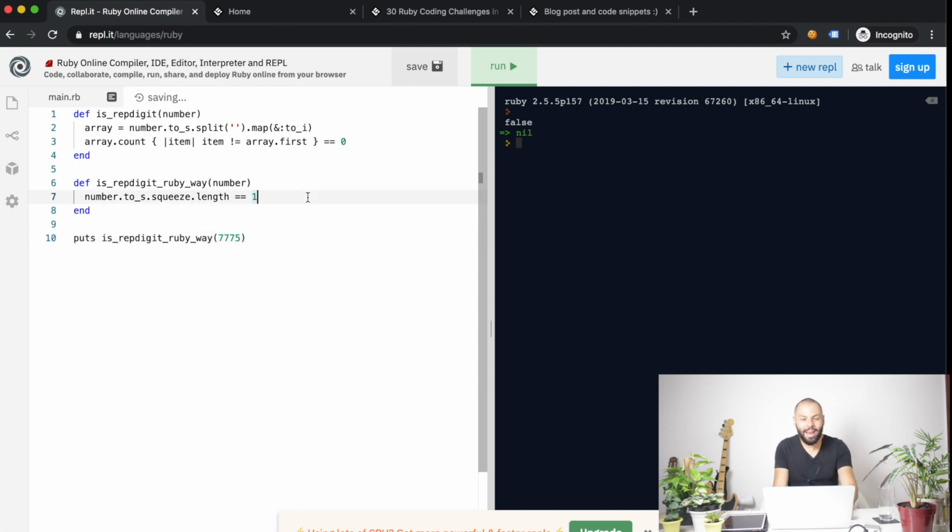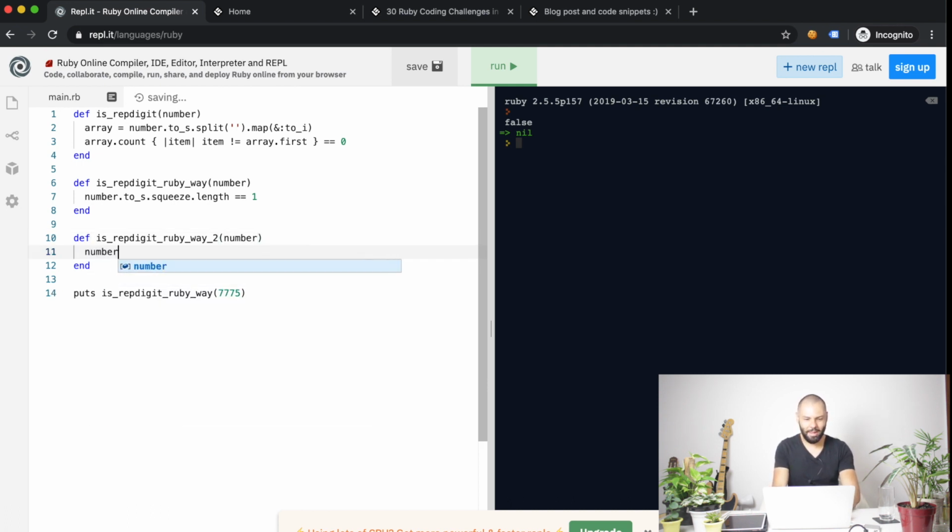This is a little bit better version, in my humble opinion, than this version here, because it's a little bit clearer what's happening, and you can just use the squeeze. That's one way to do that. Another way, really fast, just because I'm already here, I'm going to use this version 2. It takes a number as an argument, which is perfect. I can just say, number, please convert it to a string, and then I want to take all of the chars in this string,